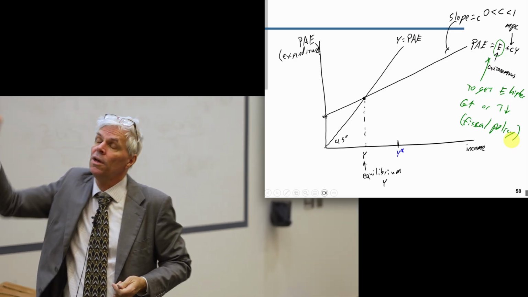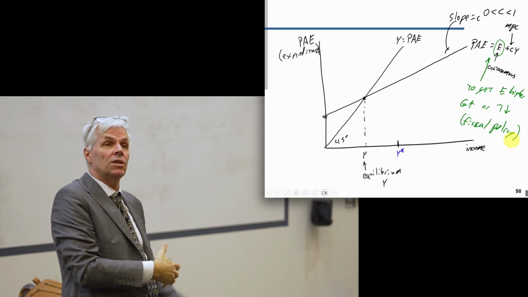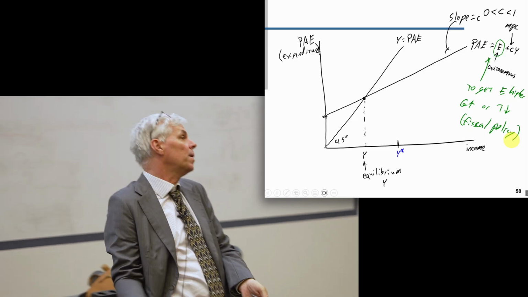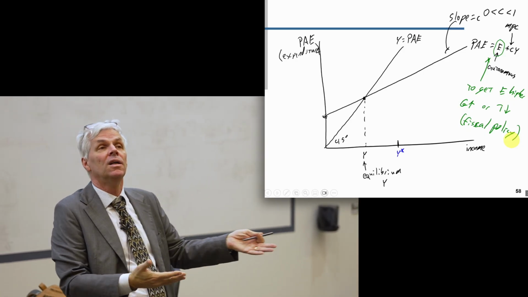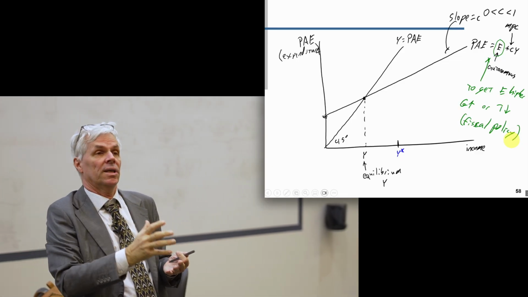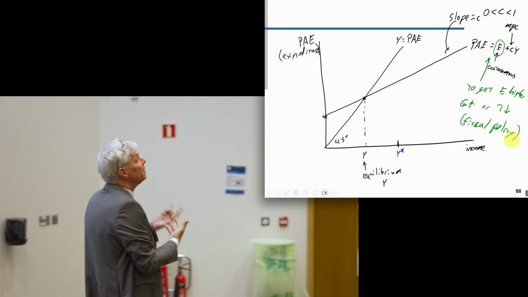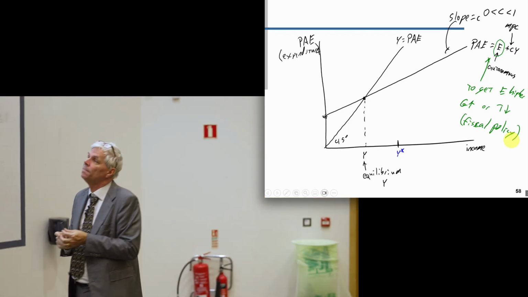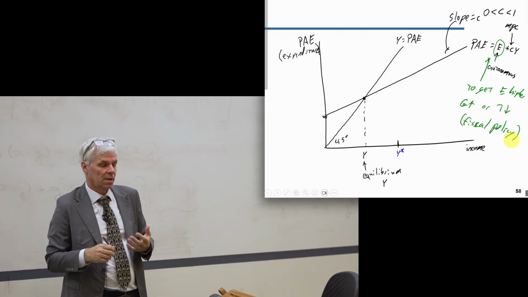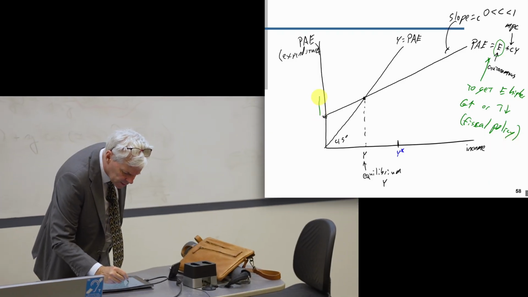Because remember, in this story, the reason we have a recession is because people aren't buying enough stuff to sustain full employment, normal level of output. And so there's no point opening a factory because nobody's going to buy the stuff anyway. So we need people to be buying stuff for it to be worth it for firms and people to produce things. And so in this story, I'm going to increase government spending. Say that's the simplest. And by increased government spending, that means at any level of income, I'm going to get more spending than before. So this whole curve is going to shift up